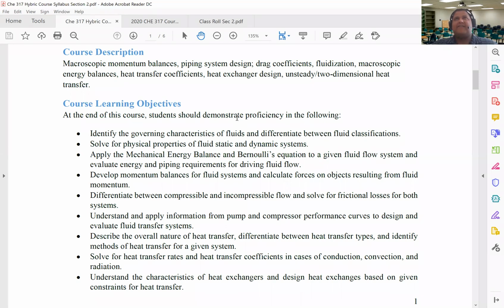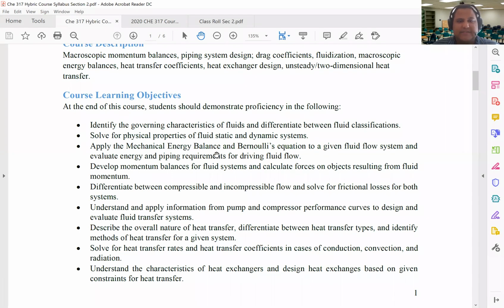The second half of the course is geared more towards the heat transfer principles and how it relates to essentially the operation of heat transfer equipment like heat exchangers, boiling and evaporation systems, flash systems, and so on and so forth. More specifically, I've identified learning objectives